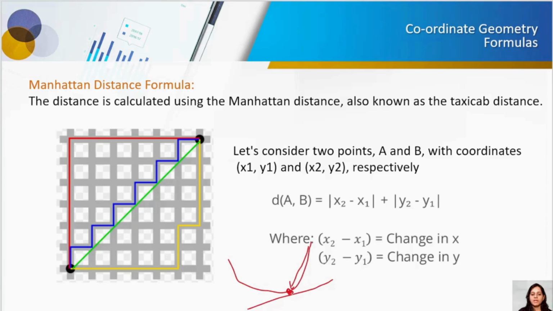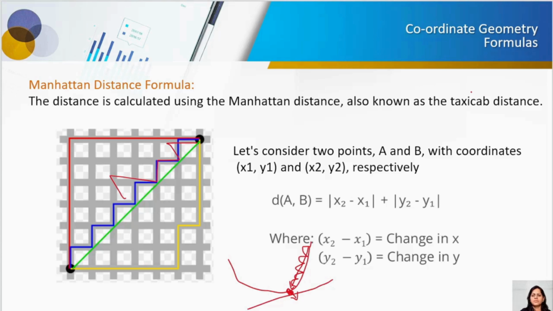This global minima point is where the variance is very less, the scatteredness is very less, and all the data has to cover the path like this, covering the Manhattan distance to reach here. Manhattan distance is also called taxi cab distance, because a taxi is not going in a straight line, it is moving like this, like this, like this, right?